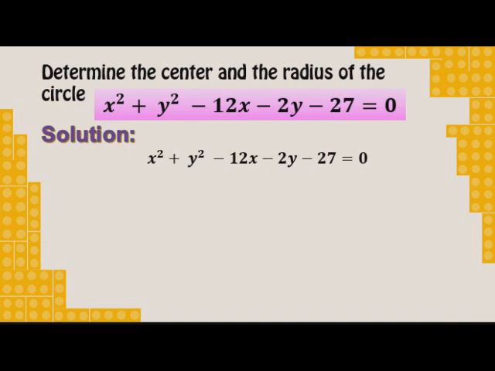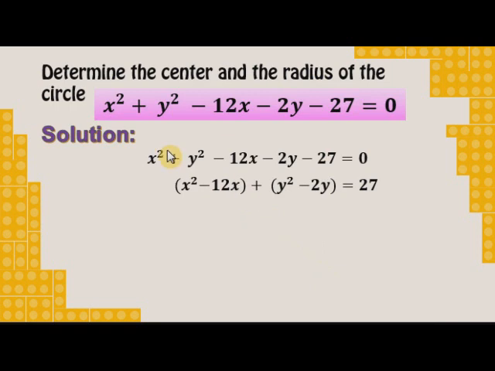Since this is in general form, the first step is we are going to put our constant on the right side to make it in standard form. Why do we need to make it in standard form? So that we can easily find our center and radius. So here, our constant is negative 27. Therefore, we must transpose that on the right side. This will become,